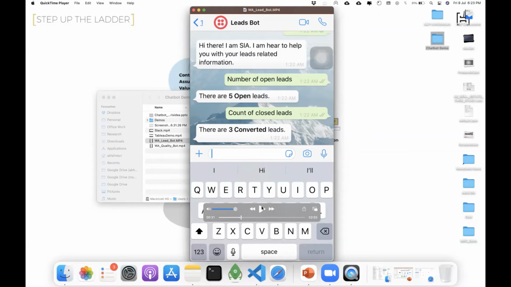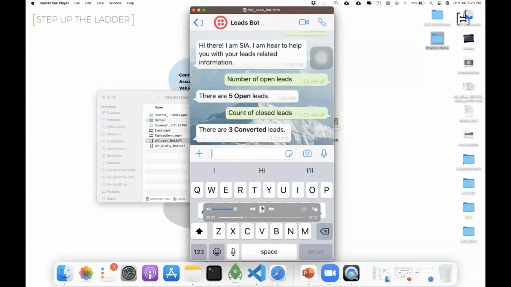Chatbots allow ease of use on mobile phones. If I'm on the move and want to call a few people, instead of opening my laptop and finding those details, I just ask the chatbot: how many open leads do I have, how many have I closed this month, and so on.